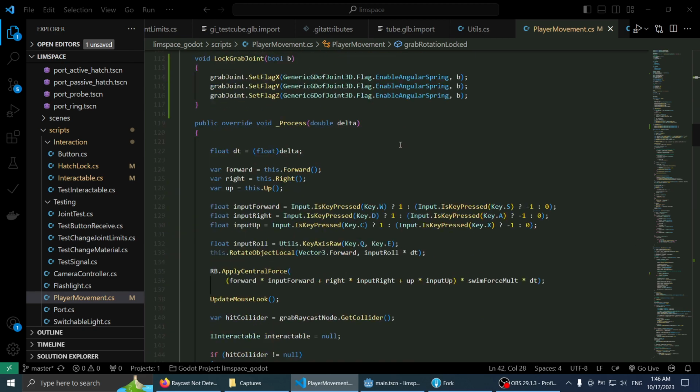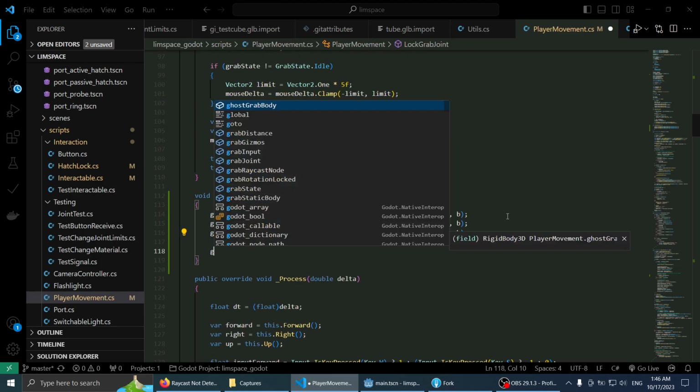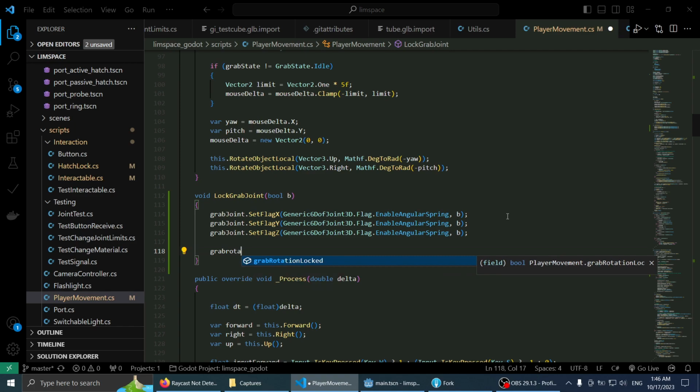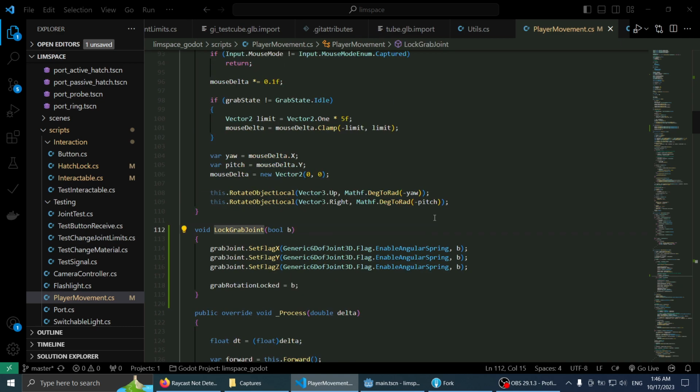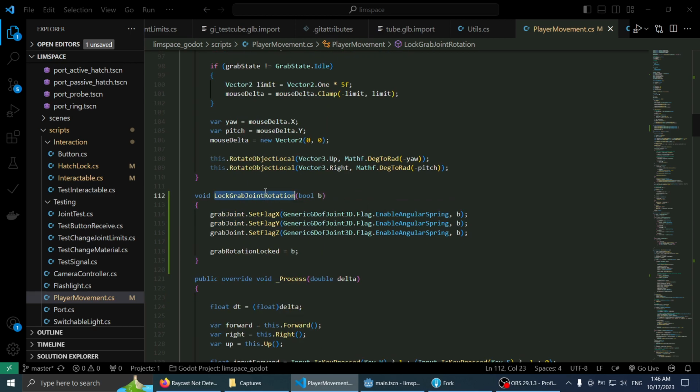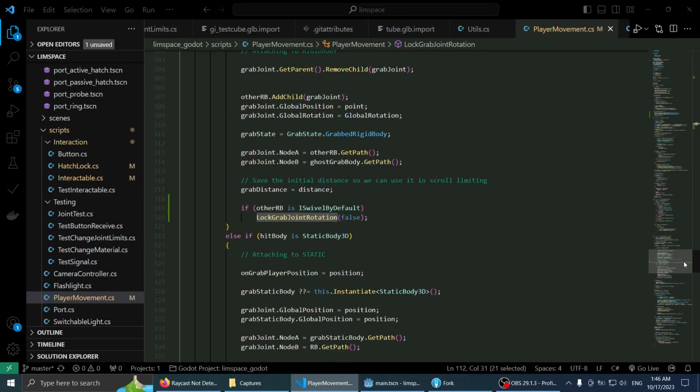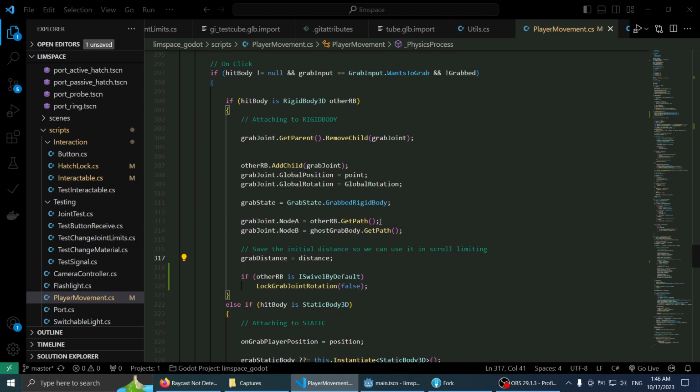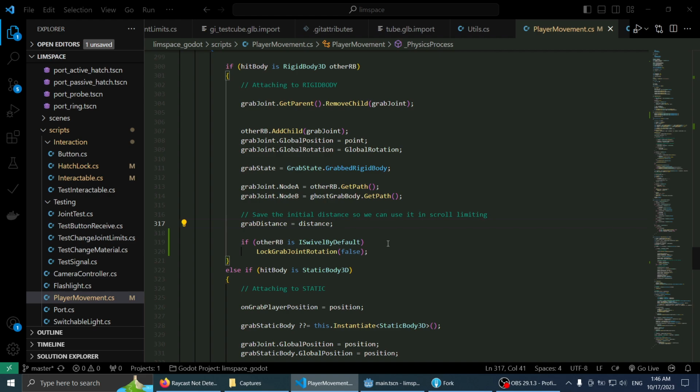So it starts unlocked, but every time I set it, grab rotation locked is B. All right. Lock grab joint. Yeah. Let's call it lock grab joint rotation. Okay, so if other RB is I swivel by default, then do this. Else